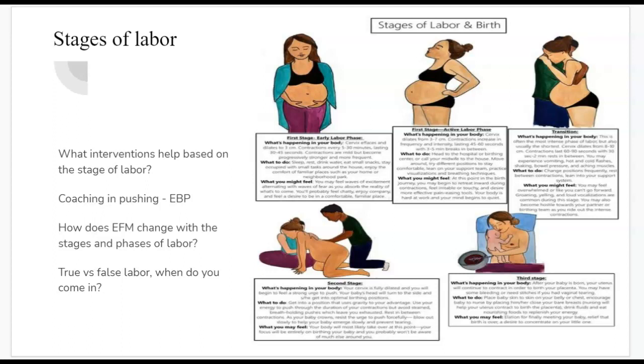All these things that we see on TV with people screaming at the mother or the mother screaming, that's all sensation and drama for TV, okay? So essentially, people think when they come in, their water breaks, and then 5 minutes later, they're pushing and screaming, right? That's not how that works. But interestingly, in this country, because women are not a part of each other's labor, it's not necessarily a community experience. I mean, for some cultures it is, but for most it's not. In the American psychology, most women will have had no exposure to labor or birth except for media before they are admitted to a hospital. Okay? So with that being said,